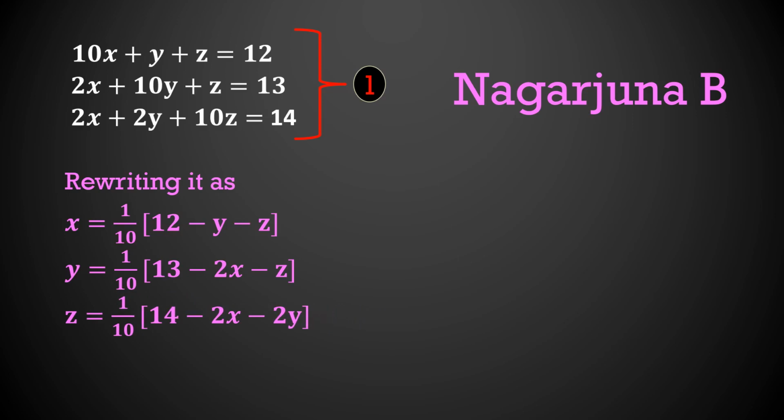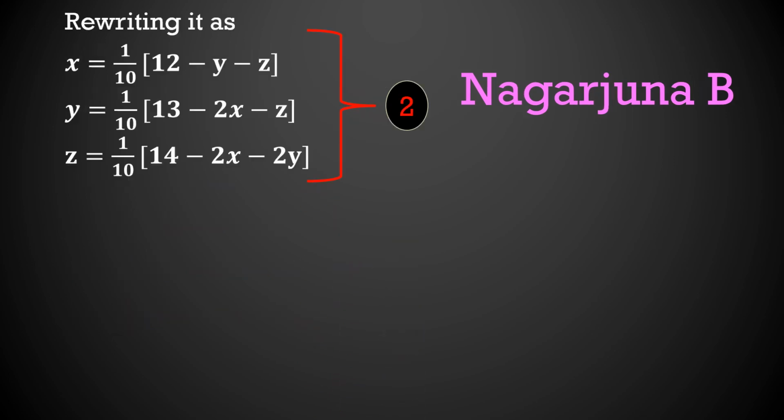And consider this system of equations as 2. Next we shall move on to the first approximation. Since they have not given the value of x, y, z, the initial value has not been given in the question, we consider x0 is equal to 0, y0 is equal to 0 and z0 is equal to 0, and substitute x is equal to 0, y is equal to 0 and z is equal to 0 in the right hand side of the system of equation 2. We get x1, y1 and z1 respectively.